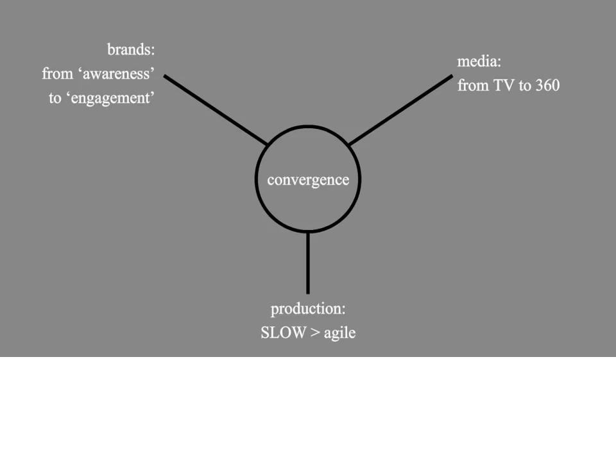Brands are moving from the old days where they tried to build awareness to a model where they try to build more engagement and be more emotional. The media, we are now, of course, overwhelmed by different ways in which the media operates, so there's almost a saturation and overchoice, but fundamentally, in the old days, television advertisements would have cut through. Now they don't, and so we have a more 360 media model in which brands, branding, and print all play a role. And finally, production.